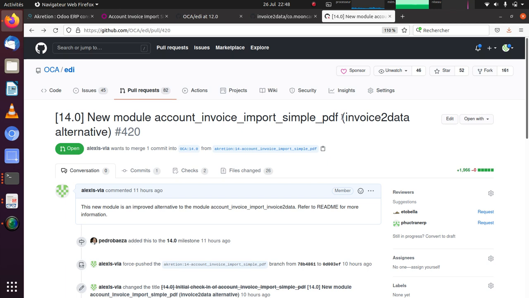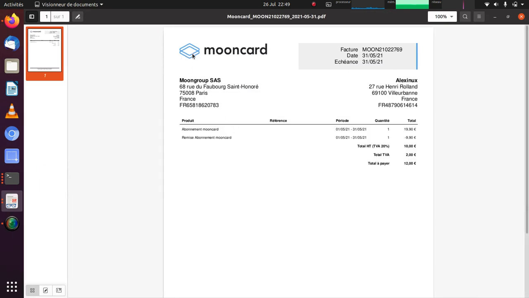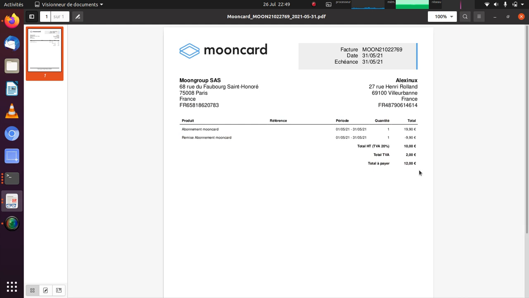An accountant can do it. It's pretty easy and pretty fast to configure. So let me show you how it works. In this screencast, I will show you how we will configure this vendor Mooncard, so that we should be able to import this invoice.